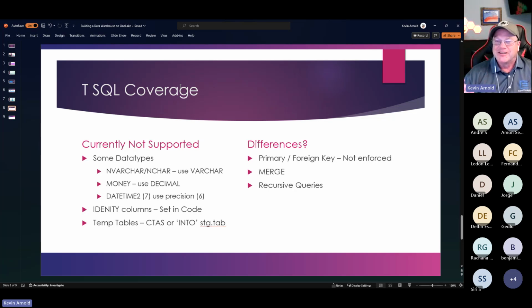It's not supported inside the data warehouse. And what you have to do is set it in code. So I end up using a lot of techniques inside my data warehouses where, when I'm building the SQL statement, typically to insert new rows and detect the rows I need to add, I will do a query into a variable to say, what's the max identity number I have today? And then do a row number and add that to the row number so that I could then build out the next one in a loop, and it builds it all within the one table.